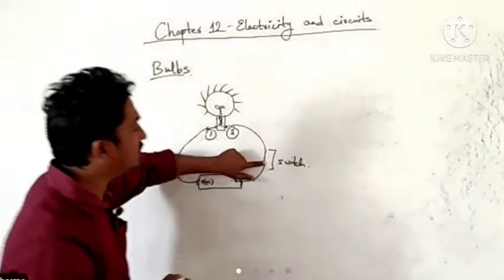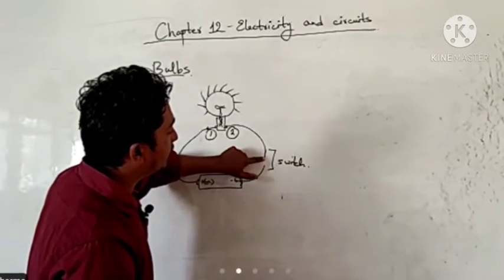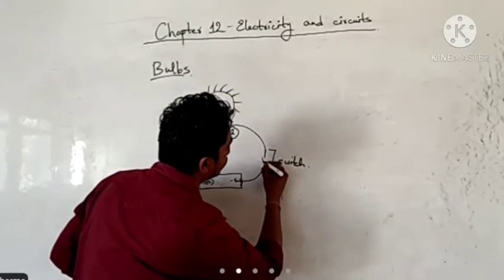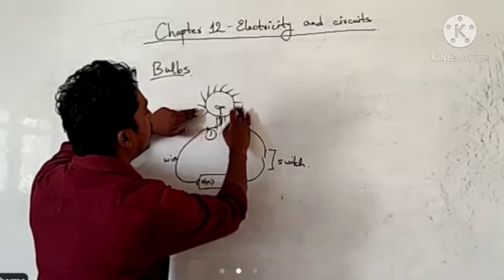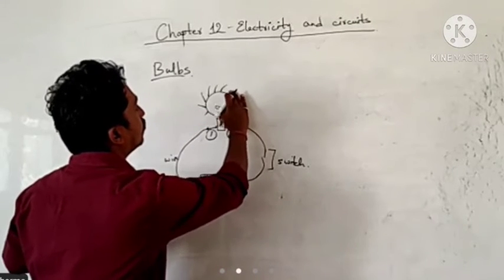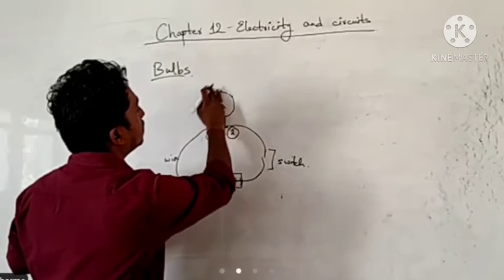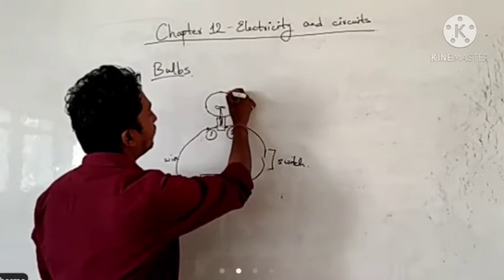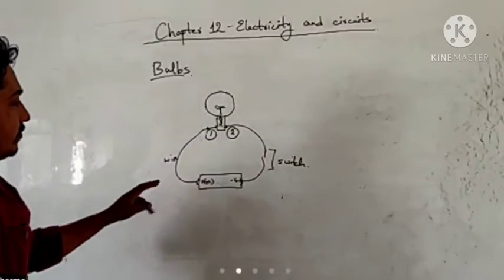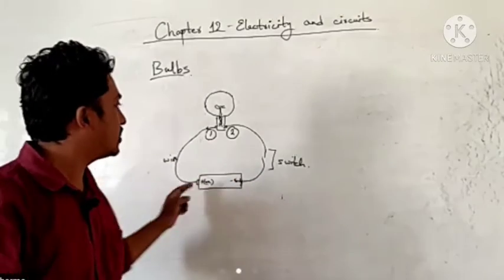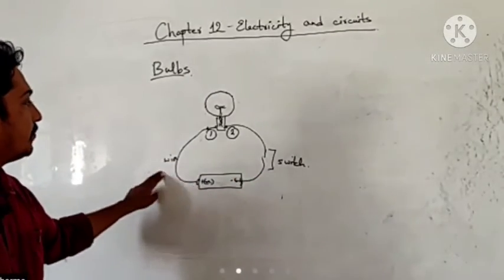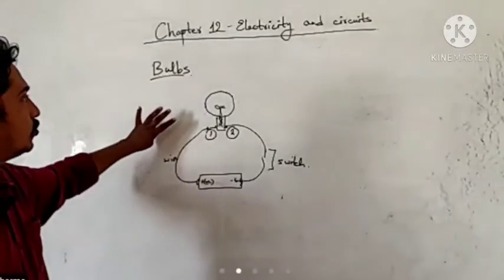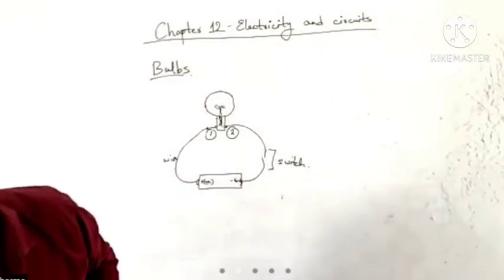But if the switch is removed again, then the bulb will not glow. And for that, we will discuss switches; batteries we have discussed, and wire as we all know. So in this we will discuss more about